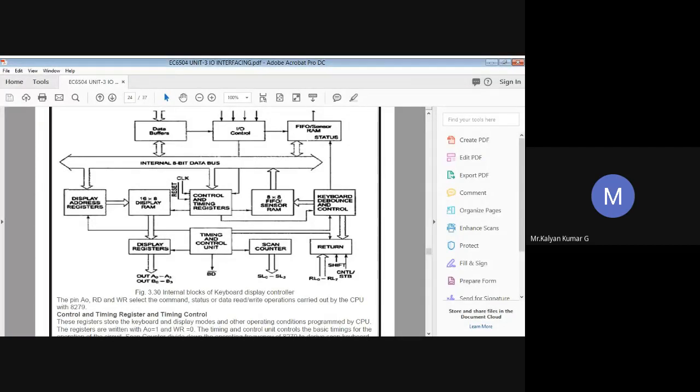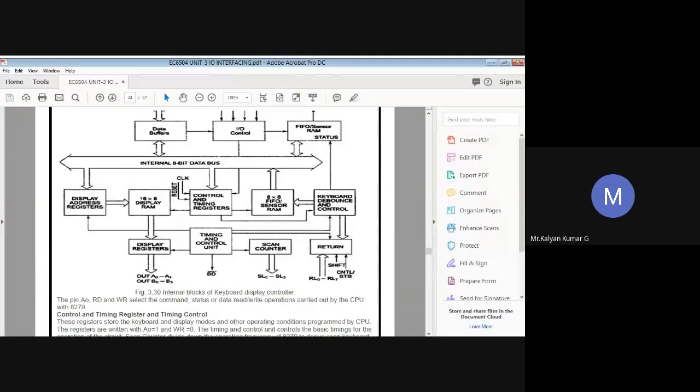In the display section we have 3 blocks again. All the blocks are available at the bottom, below the internal data bus line, on the left side. We have a display RAM, display address registers, and display registers.